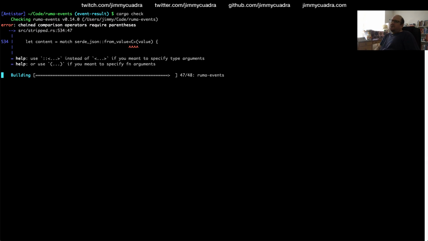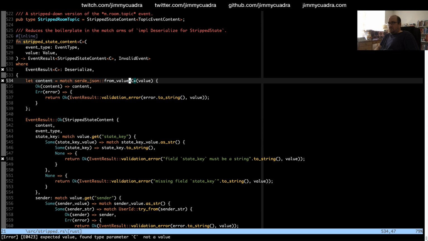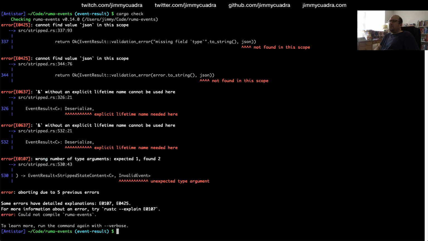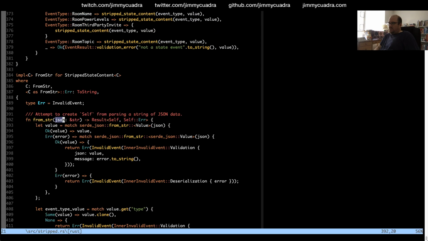Chain comparison operators require parentheses? Oh, missing double colons. And I think I actually have from value in scope, so that may not be necessary. Not found in this scope. Right, this needs to be value. Oops.